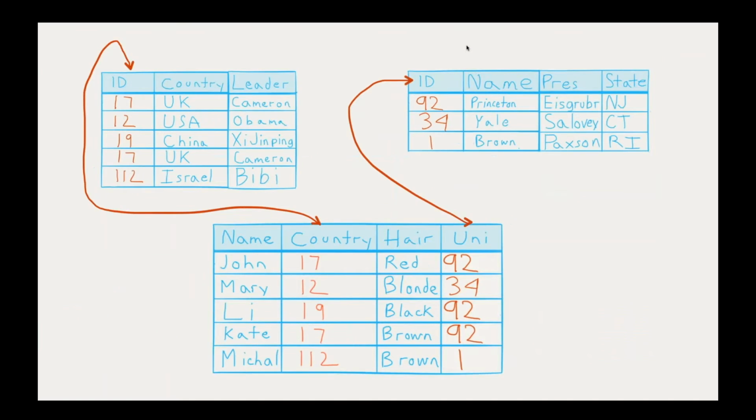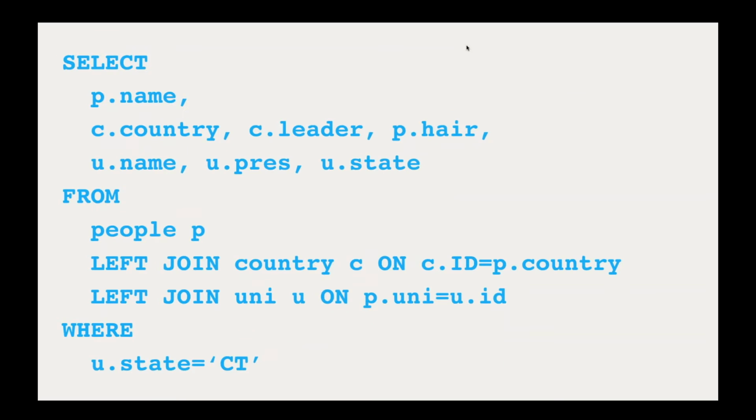So now, instead of having a single table, we have a data model that looks like this, where our student table has relations with a country table and our university table. So we end up writing joins if we want to do things like find all of the universities in Connecticut, the students who went there, their hair color, etc. We end up writing a join like this, which may not seem too bad,